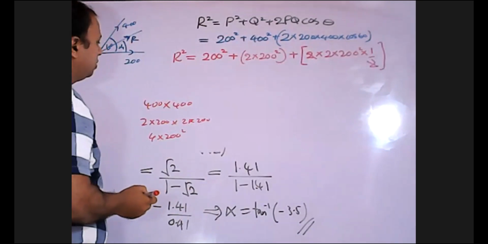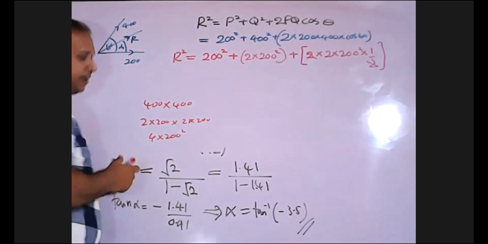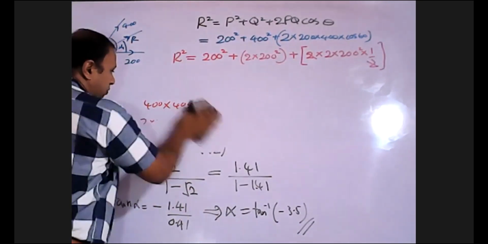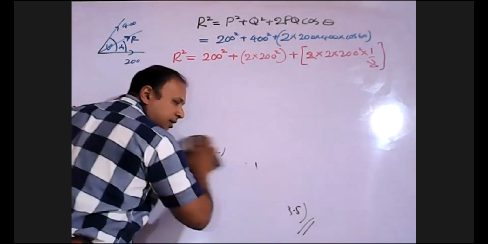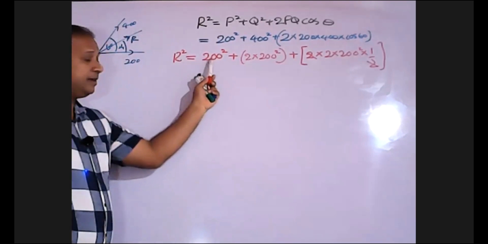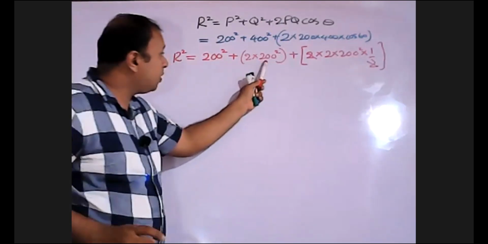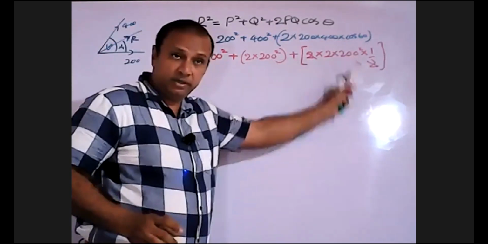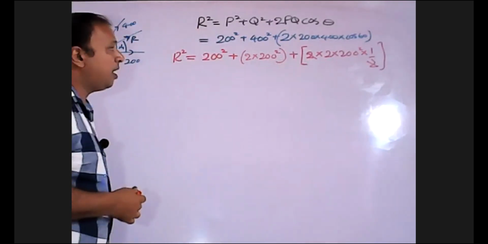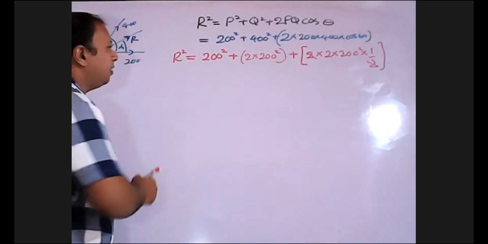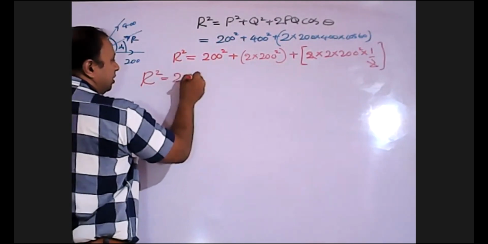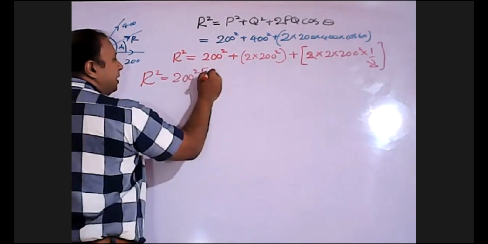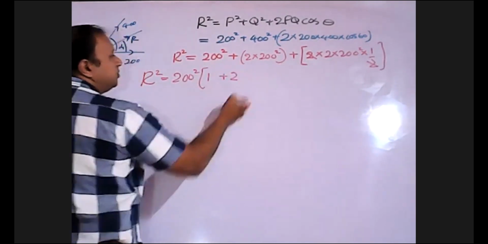You can take 200 square out, no? Because 200 square is a common factor for all the terms. Look at this, there's a 200 square, there's a 200 square, there's a 200 square too. Therefore, you can take it out. If you take it out, this will become 1, this becomes 2,